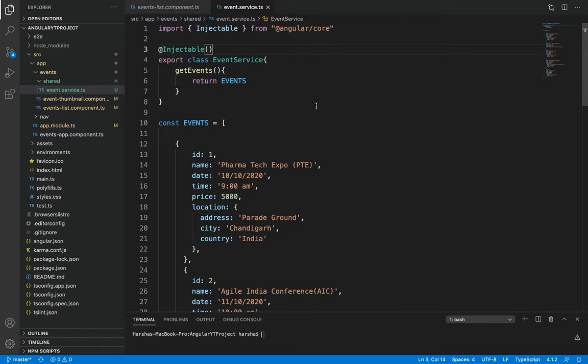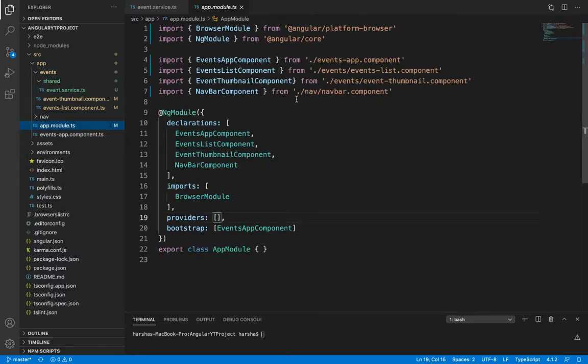Now I want to indicate to Angular that I have a service and I want to use it in various components. To do that, first we have to register it inside app.module.ts. These services we have to register inside the providers array.